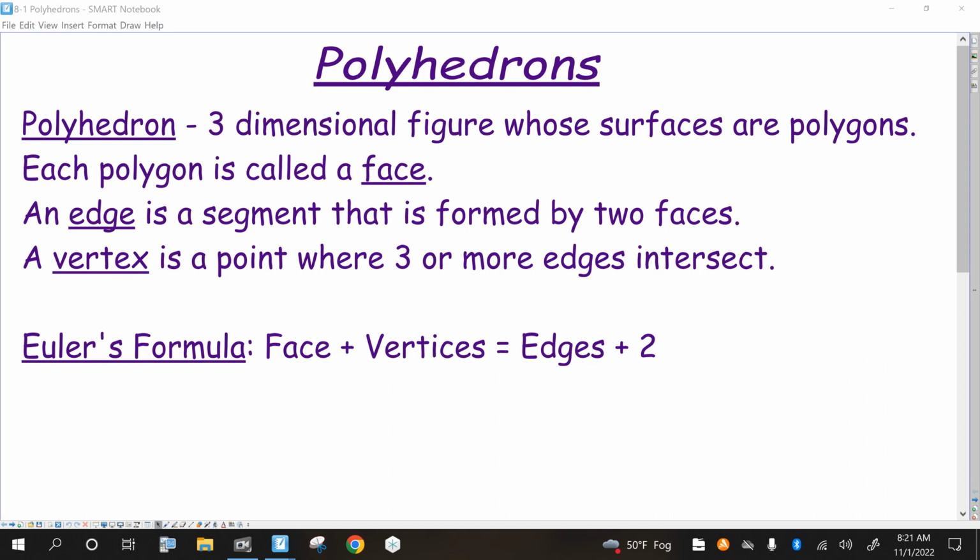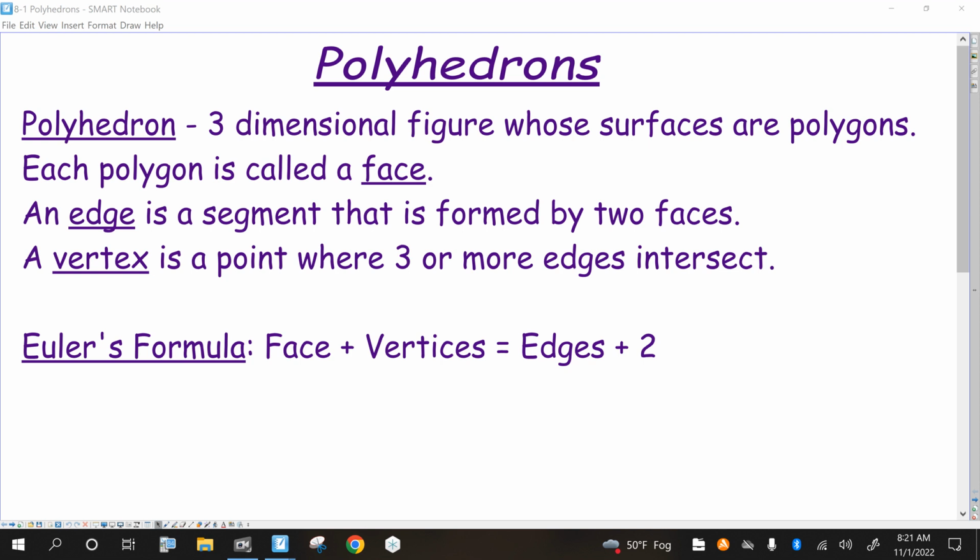So starting our new unit, and it's all about 3D shapes. But first we're going to talk about polyhedrons. Now, polyhedrons are basically made up of lines and faces and edges, all that kind of stuff. So it's anything that you could kind of draw, like this box of Kleenexes is a polyhedron, a special kind,